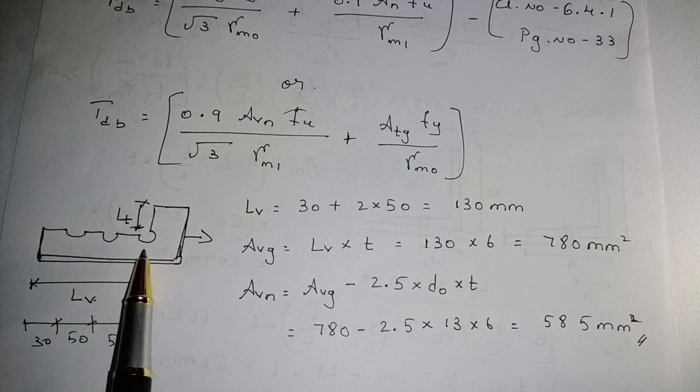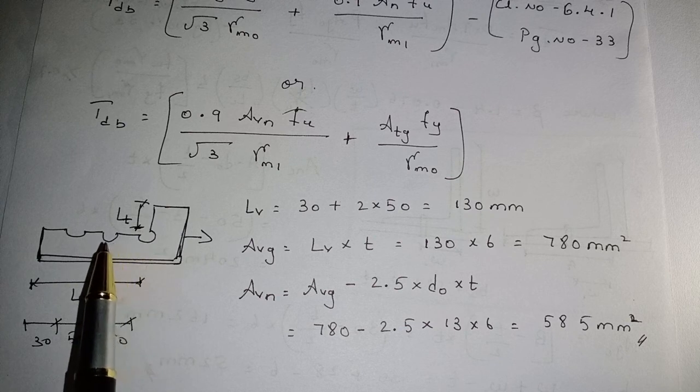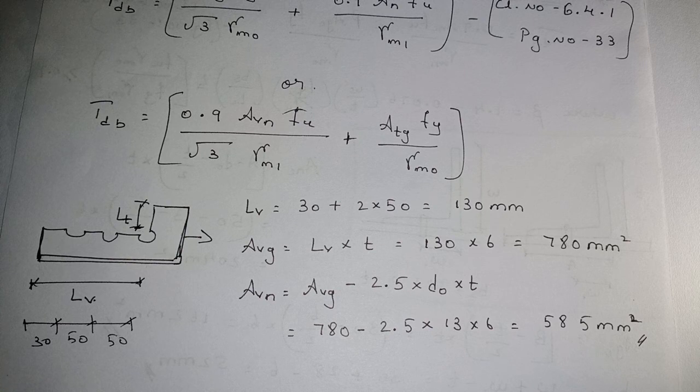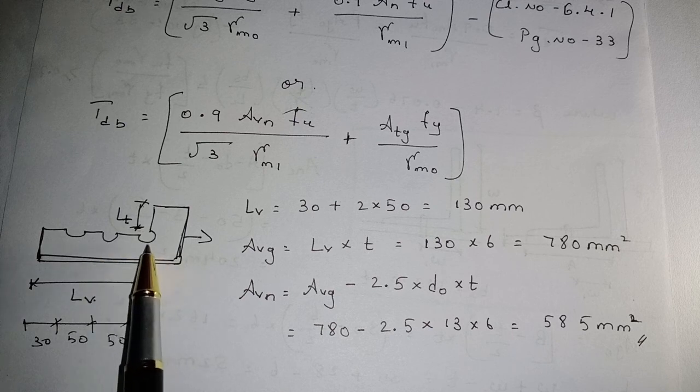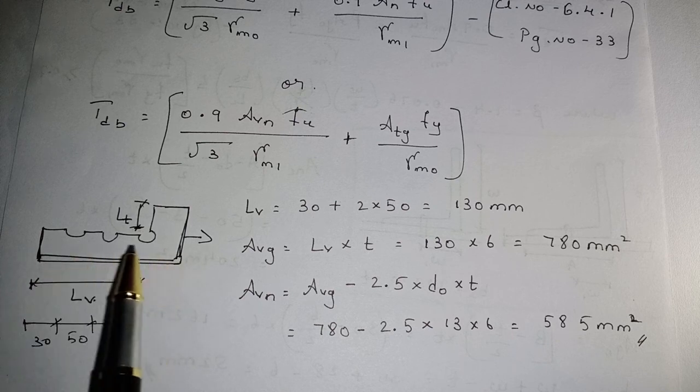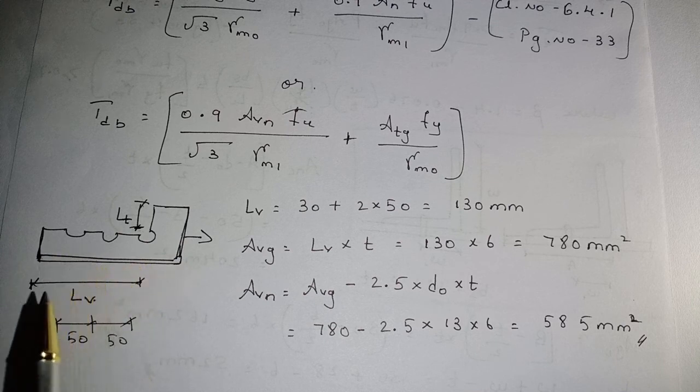One block shear will move like this only. That means it will rupture at one particular point, and the last bolt will be half retained here and half will be on the other side. So always, if you are confused, see here, how many number of bolts you have, you count it. Last bolt you take it as half. Got it? So only one side you need to take it as half. Last means only one side, the last side. That means 3 number of bolts means 2.5. 4 number of bolts means 3.5, like that.